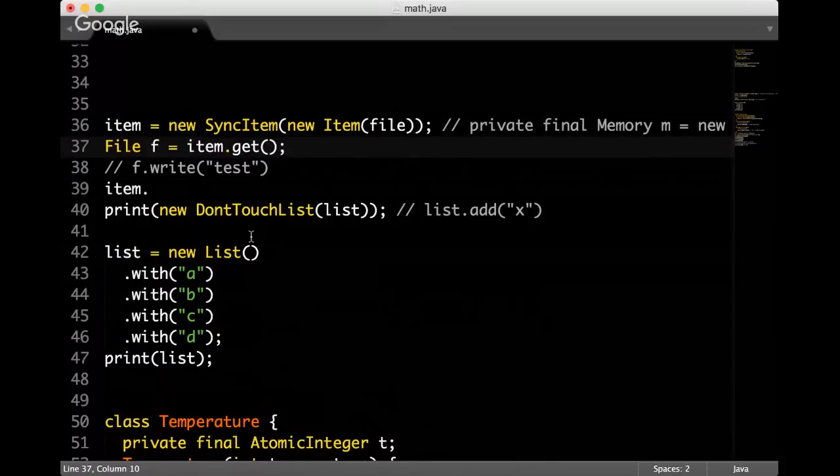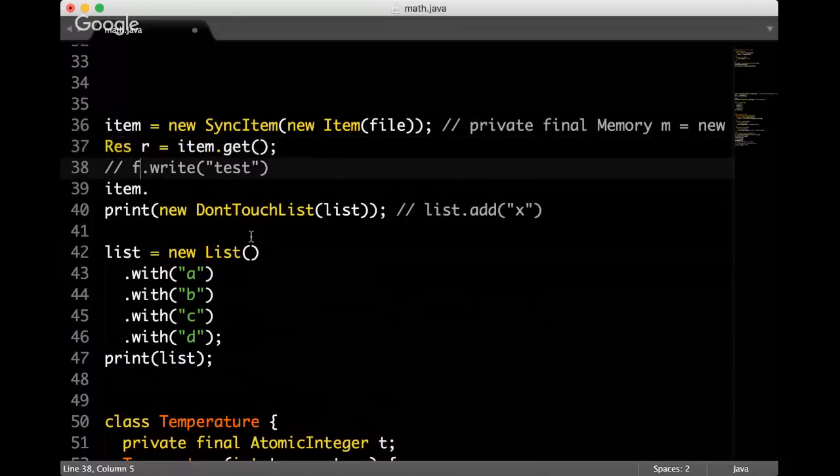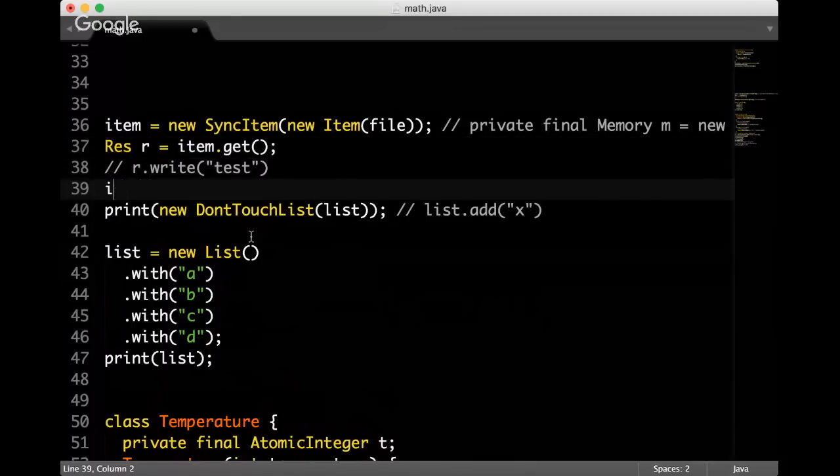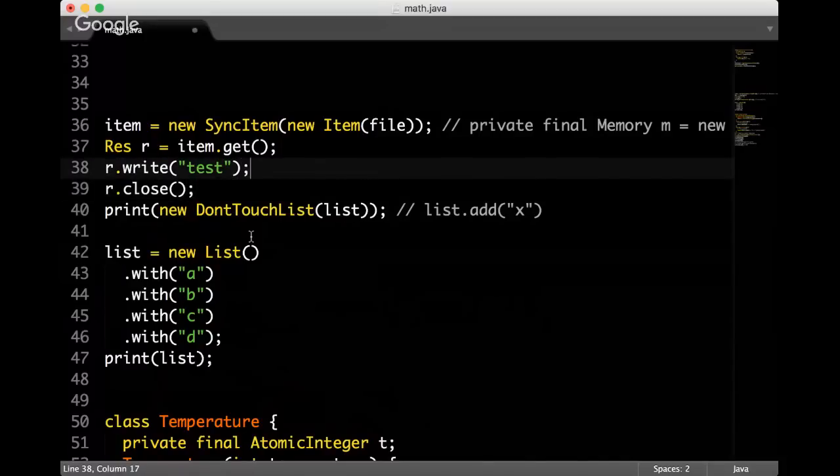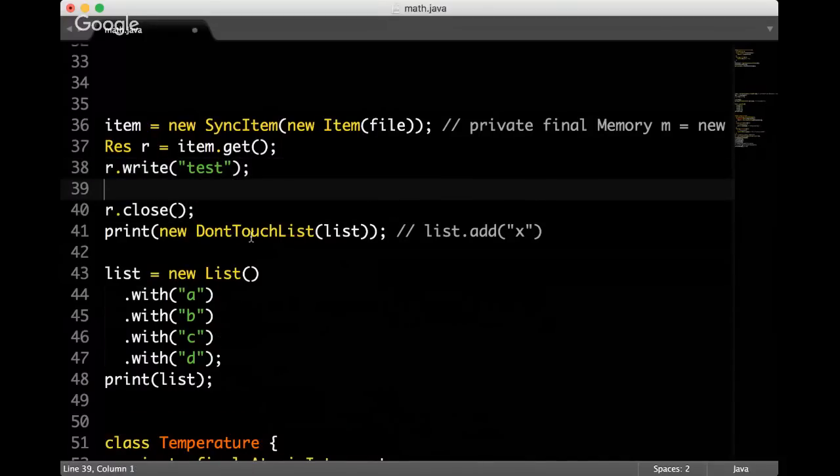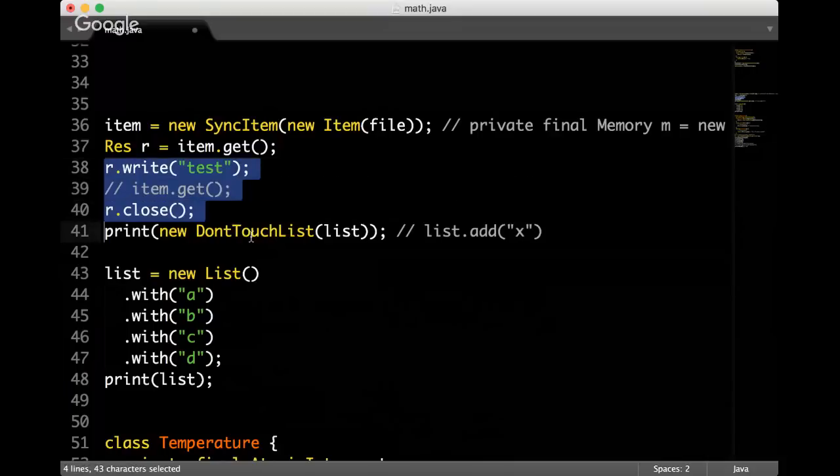It was a little bit more complex. That was not a file, but some resource. I call it resource, and then you can write to the resource, and then you have to close the resource like that. But when you write to the resource here, you don't want anyone to do the same. You don't want anyone to do get again in another thread and start writing to the same resource, because it's going to create a mess. So you want to lock that resource right after you call get and before you call close.